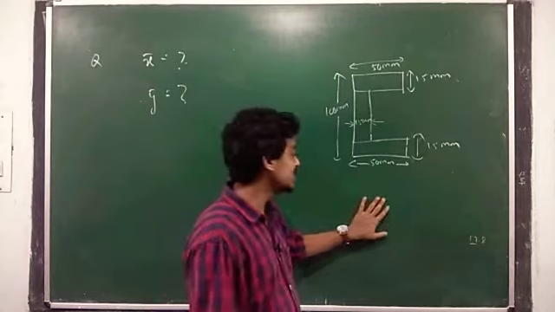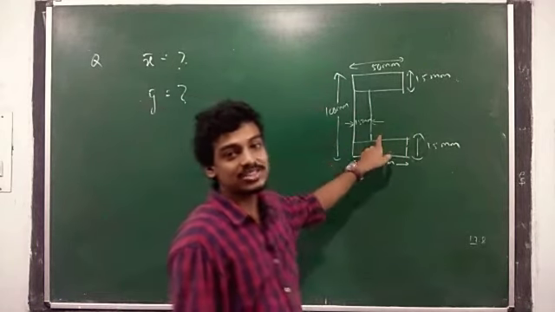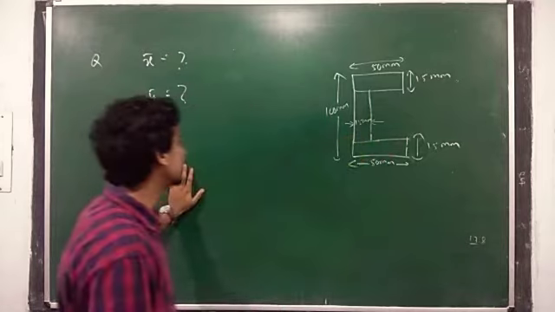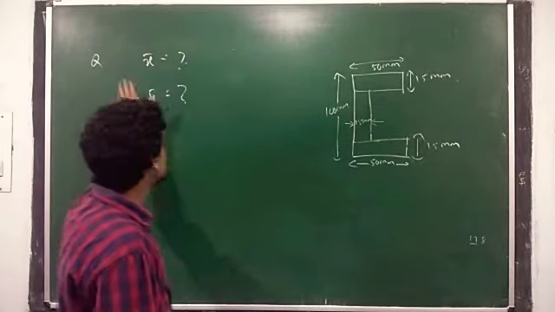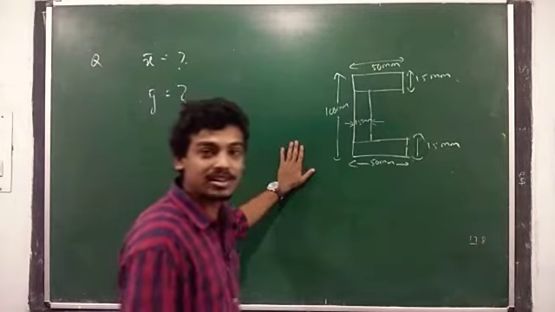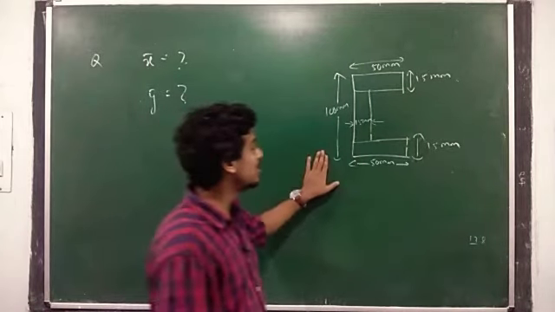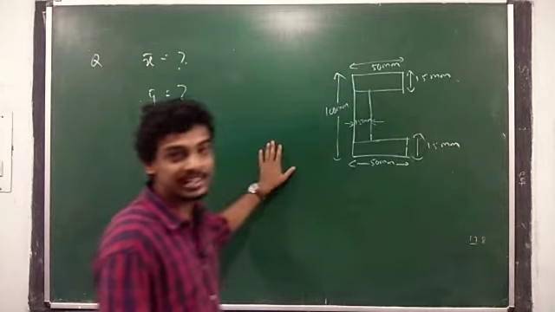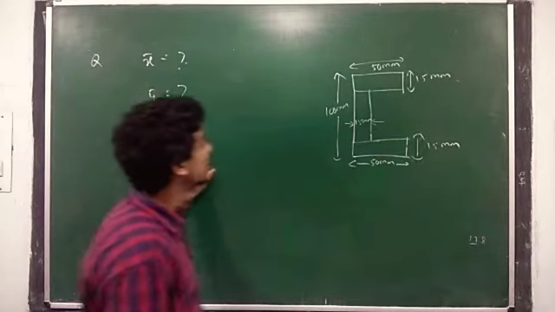In lecture 2, I gave one problem, the channel section, to find the center of gravity, meaning you have to find x bar and y bar. X bar means the x coordinate of the center of gravity, and y bar means the center of gravity distance along the direction of y. Some students have already calculated this value and sent it to me on WhatsApp, but most of the students did not calculate. For them I want to do this problem here.